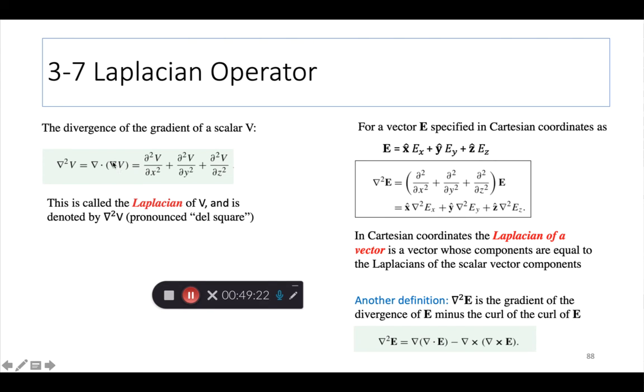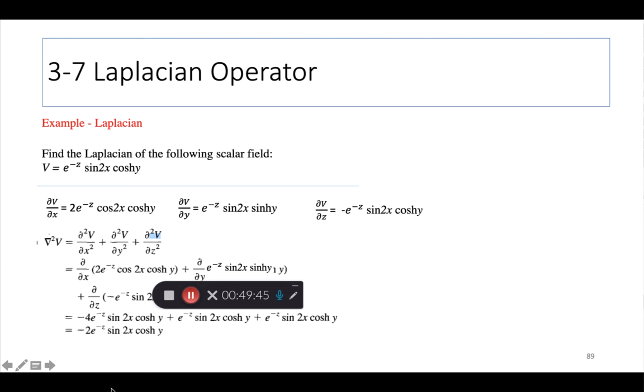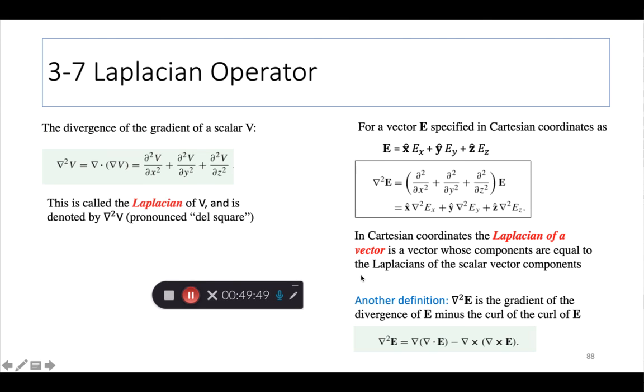Okay, so first you do a scalar del V, which is the gradient, and then you do a dot product of the two. You still get a scalar. So this, well, you might get a vector actually. Yeah, I think we may get a vector here. So if you do that, then, actually I have an example. No, you get a scalar. I'm always confused, but so you end up with a scalar. Laplacian operation gives you a scalar,